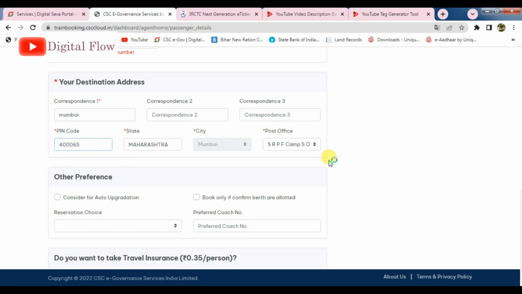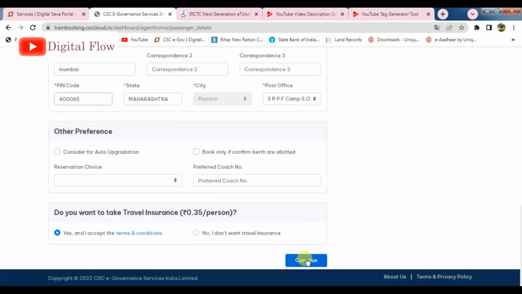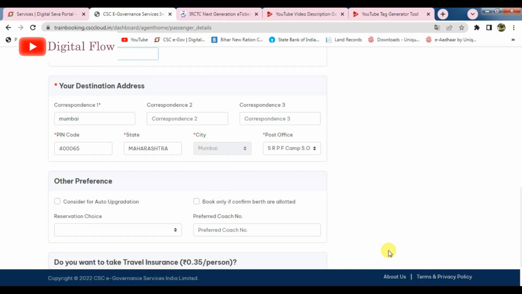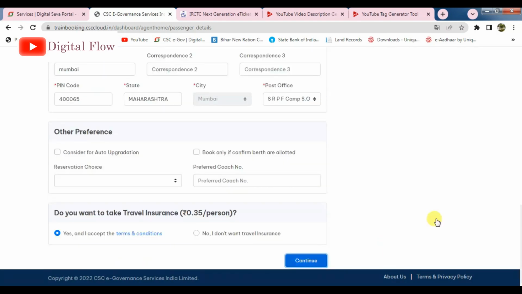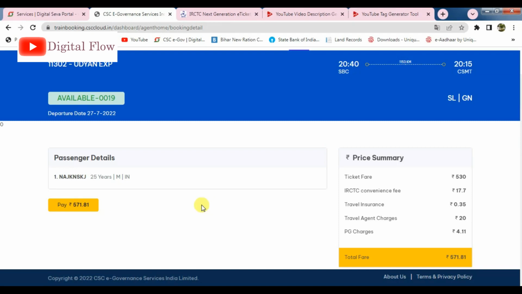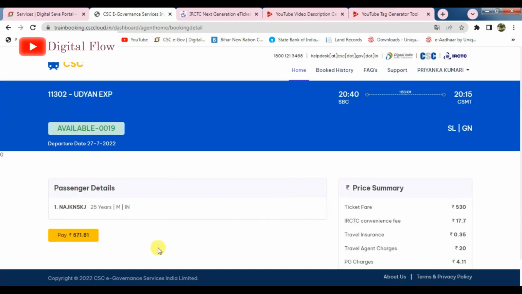Next I will click on continue. Mobile number is not matching. So click on continue, and you will get the details of your booking. Please confirm once and click on pay.